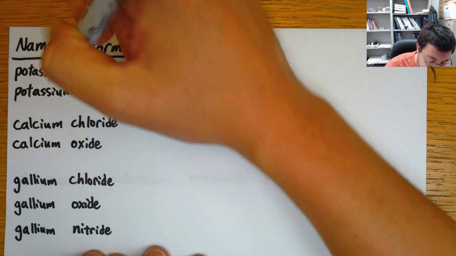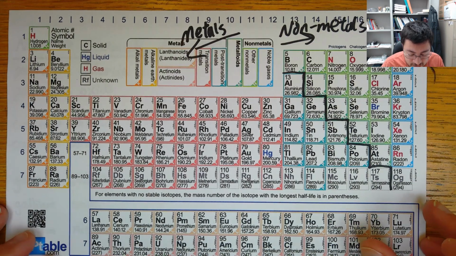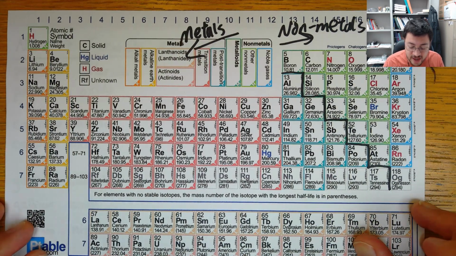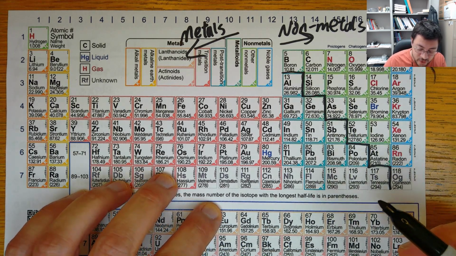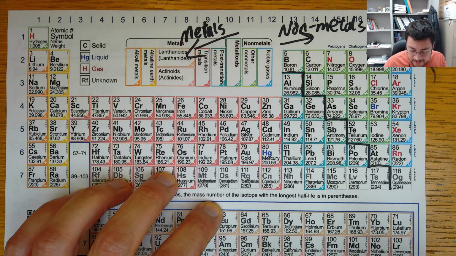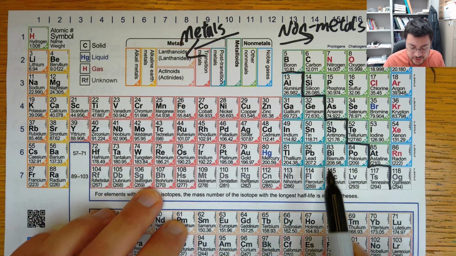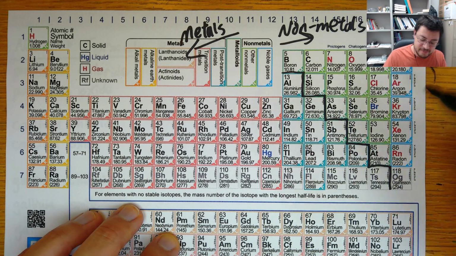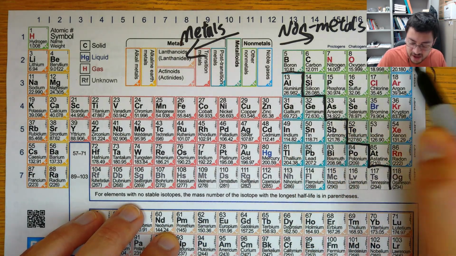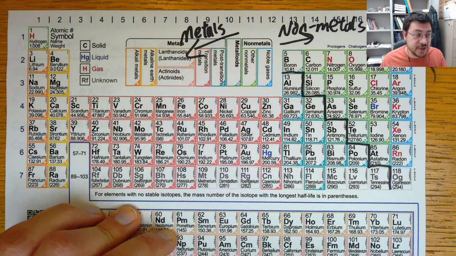All right, so potassium chloride. So this is where, like I said, some people find this harder. We're gonna have to go to the periodic table and we're gonna have to use some knowledge of charges, all right? So, when we form an ionic compound, the tendency is to either lose enough valence electrons to get to a previous noble gas, that's for the metals, or for nonmetals to gain enough valence electrons to be like a noble gas. Okay, so the long story short,